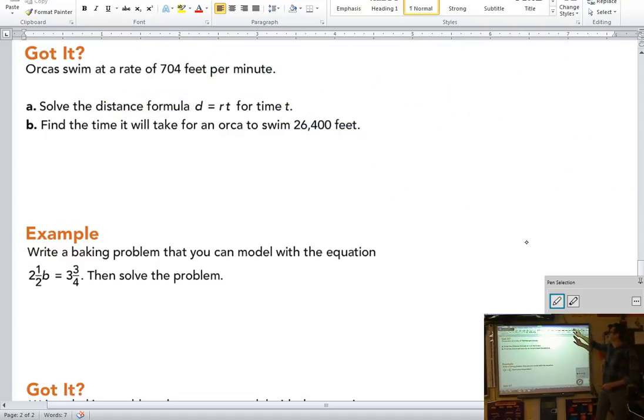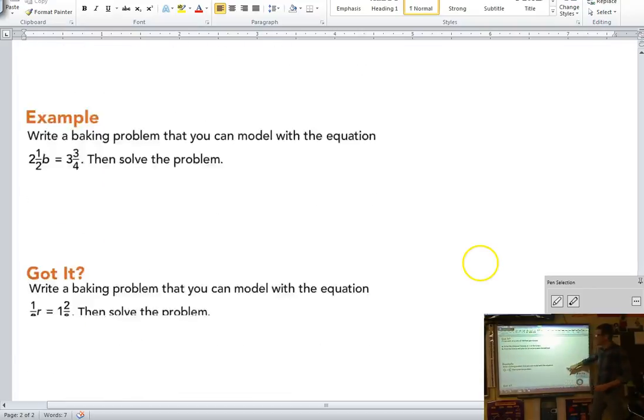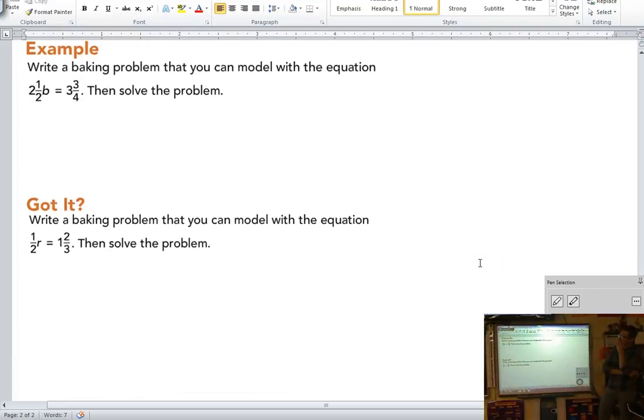but well, that did not capture. My apologies. My board is not totally on its orientation. So we want to solve for B. And it says write a baking problem that you could model with this equation. So let's think about what variable b could represent. And if you bake, well, it would have to be some quantity, right? It's a variable, so it's representing some quantity.